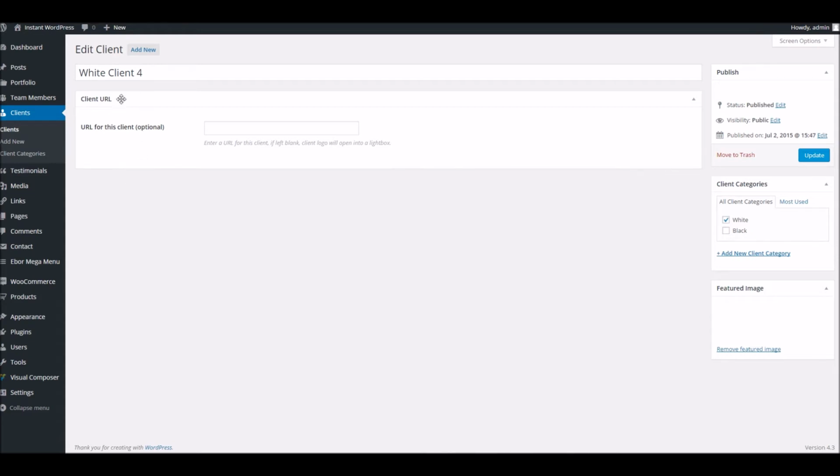Now this one is very stripped down. We've just got the area for the URL, so if you wish to have the logo linked to a website, then put it in there. And then we've got the featured image area here. Obviously this particular one, as the name suggests, is a white image, so we can't really see it, but it is there. If we look at testimonials next,